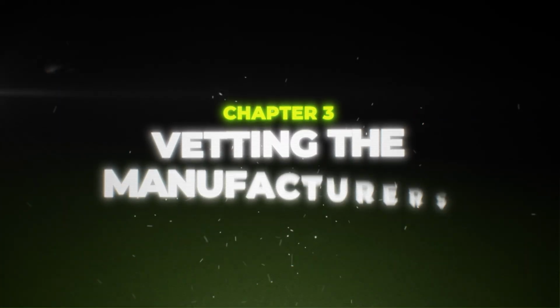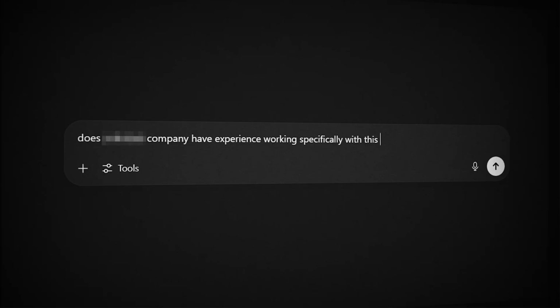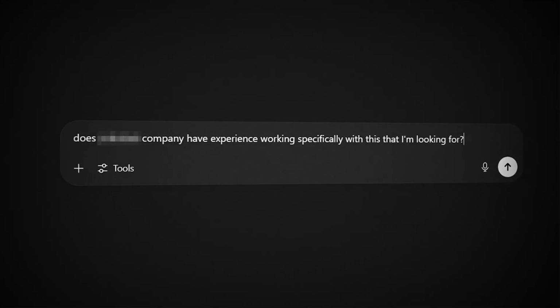Chapter 3, vetting the manufacturers. And we're using ChatGPT again to do this. Take the names of the manufacturers that it gave you and ask ChatGPT to give you the reviews of those manufacturers. Put in the name of that manufacturer and ask, does this company have experience working specifically with this that I'm